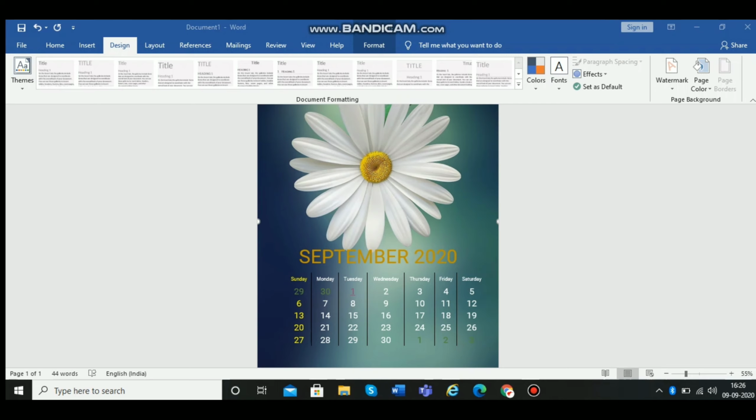The font, the colors and rest of the customization to your calendar is completely your choice. You can skip it and make a bare minimum one as well with the hyperlinks. Or you can do as much customization as you want. That's another flexible and personalized way of making a calendar on MS Word, as I discussed in the video.